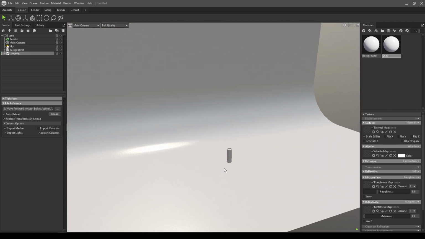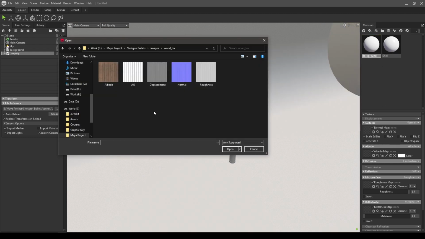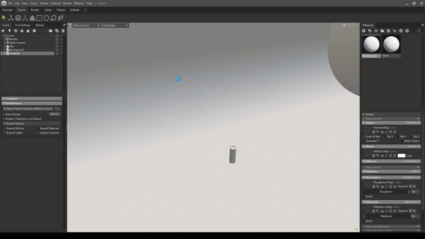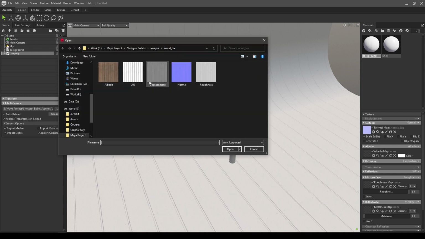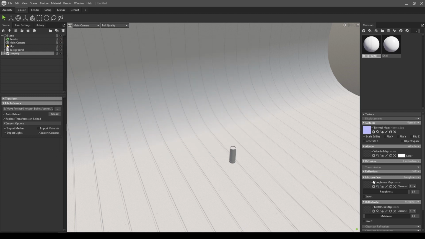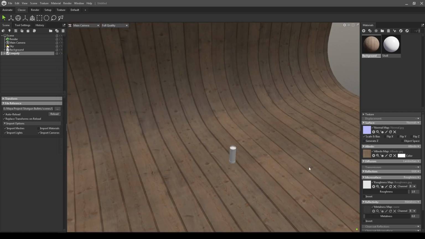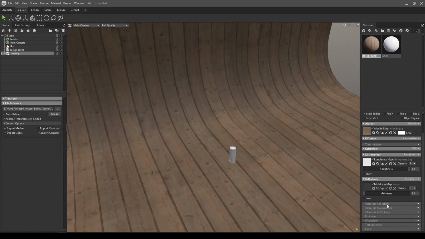So let's add some texture for this background. Select it, and I have this wood texture for this background, so I'm going to use this. All these maps go to these slots.